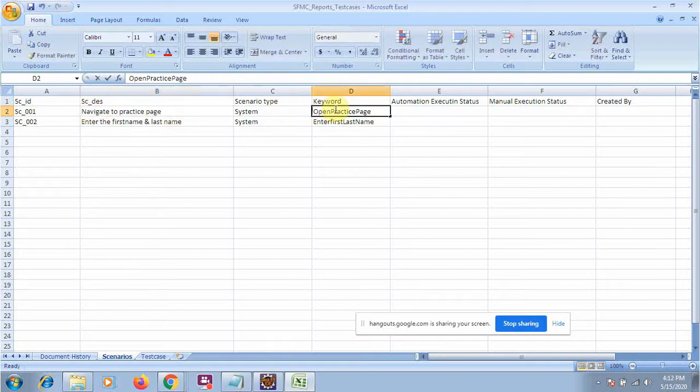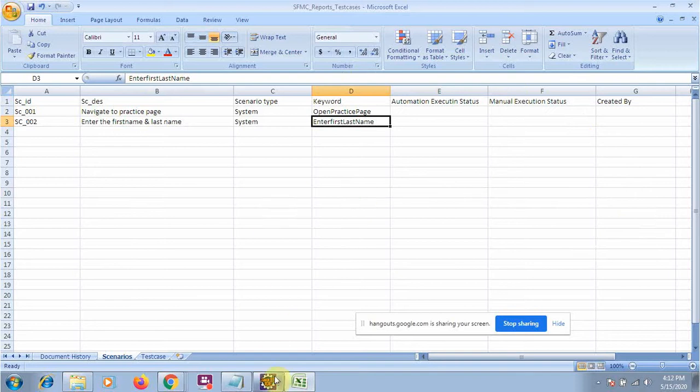They will write their script, and they will basically create a method based on this name. Okay, so what will happen? Whenever your automation script runs, it will find the keyword, and for each keyword we will have a method, and it will get executed. Okay, so this is the simple concept of how we are using the keyword driven framework.